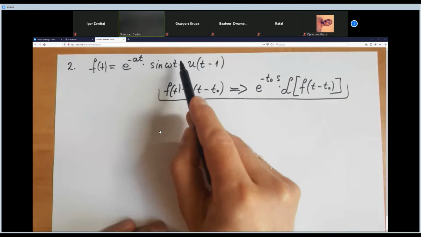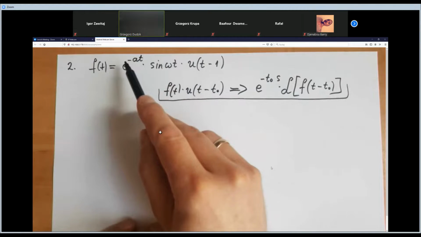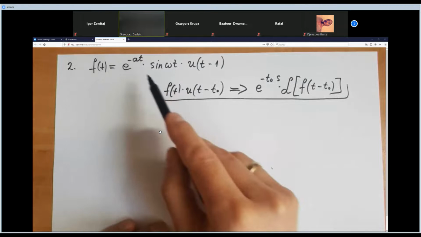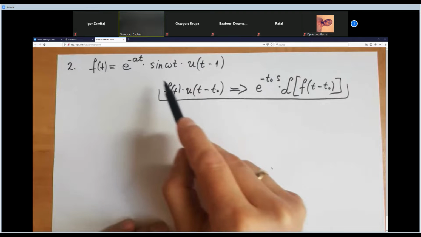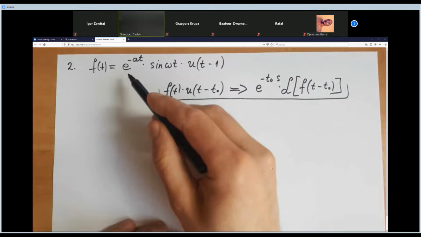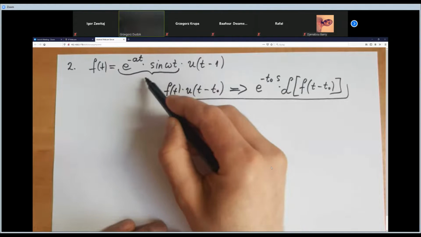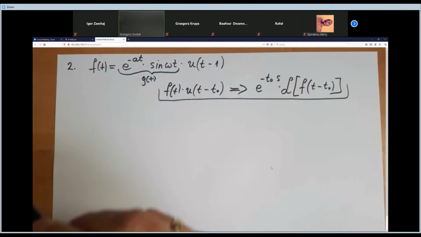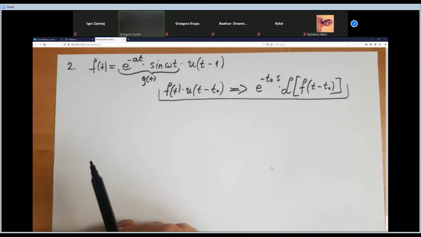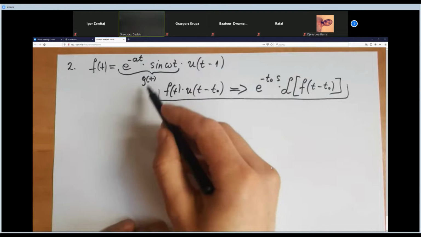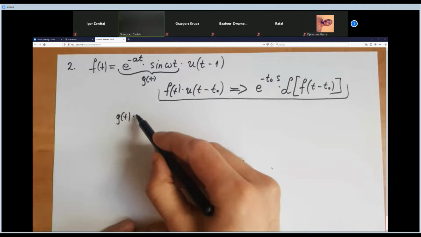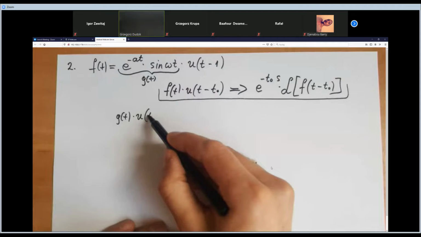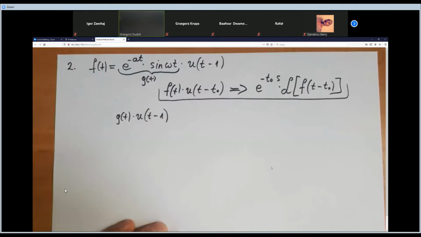Everything else here is our function. So let's call this part of our function the g(t) function. And then we can write that the g(t) function times the unity function u(t minus 1), in fact,